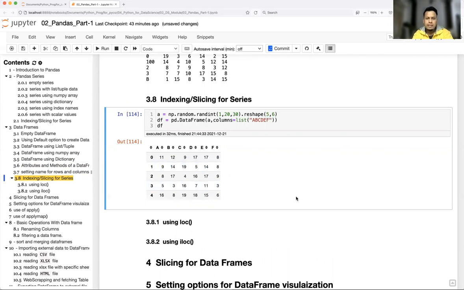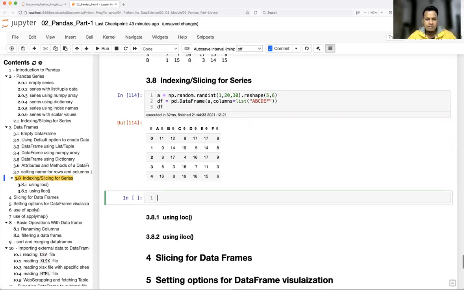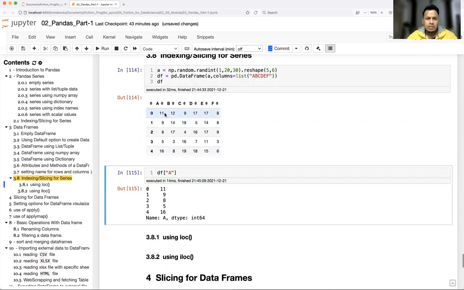By default, whenever you read Excel, you will be reading all column-wise data, right? Columns are nothing but your actual entity, and in that entity, what kind of data you have. In Python pandas also, whatever name you provide in df, let's say I'm providing a, it assumes that you are trying to access a column. Each column is nothing but a series of data, that's why it is written as a series. You see here 11, 9, 8, 5, 16 and their row header names. This is one way of accessing.